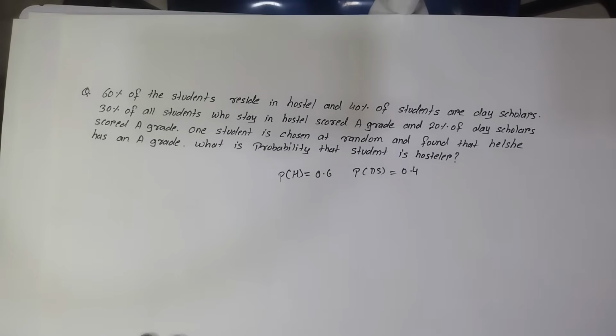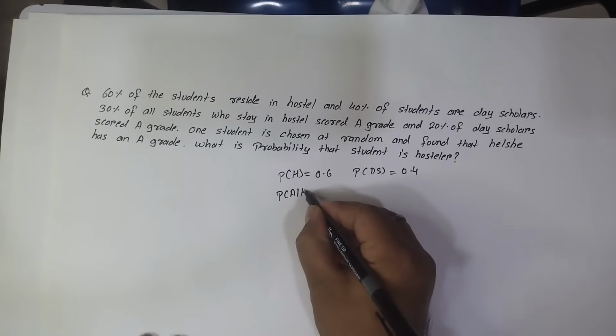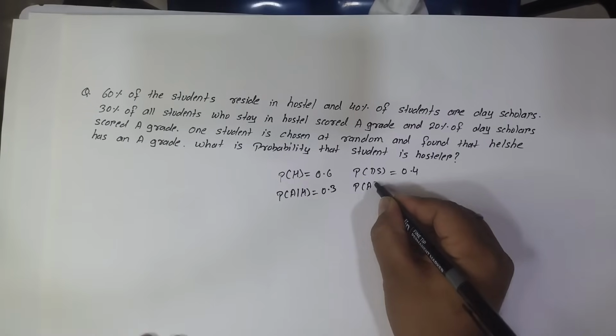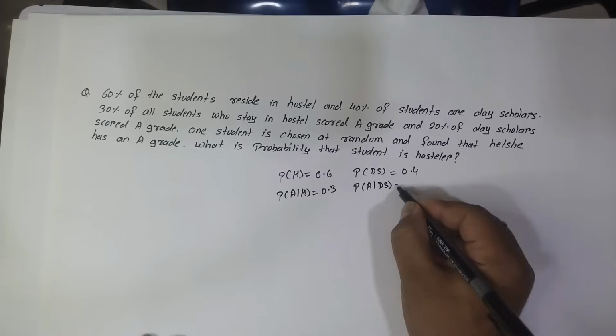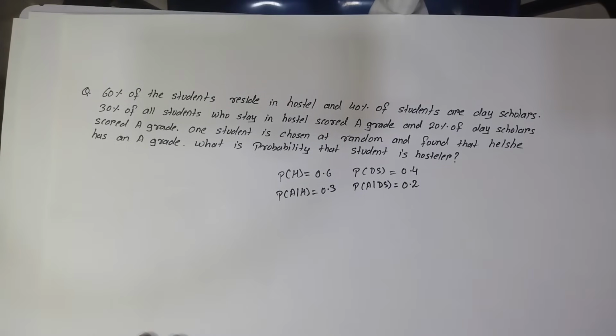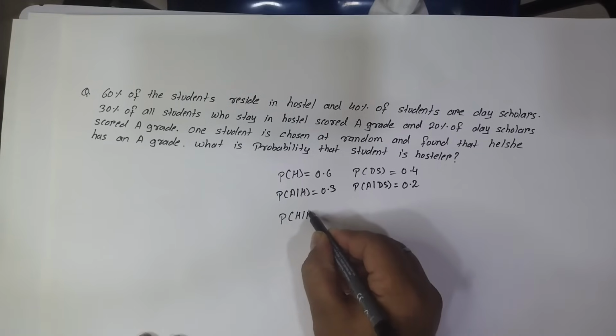30% of the students who stay in a hostel scored an A grade and 20% of the day scholars scored an A grade. So, probability of A grade given a hostler is 0.3 and the probability of A grade given a student is a day scholar is 0.2. Now, they say one student is chosen at random and found that he or she has an A grade. What is the probability that the student is a hostler? So probability of hostler given A grade